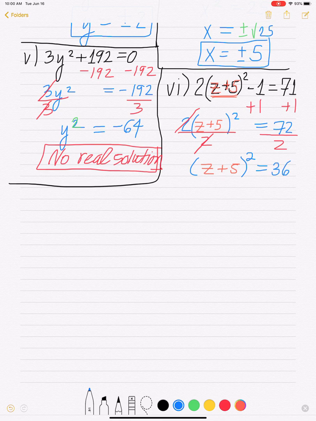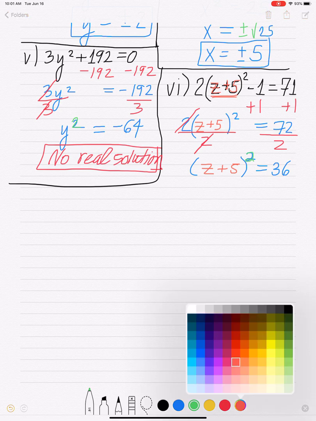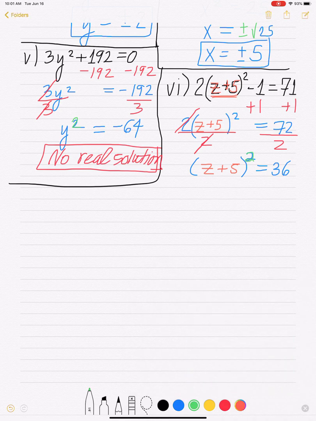So we want to think about the z plus 5. Imagine this is just an x. Z plus 5, the whole thing is an x. So how would you solve x squared equals 36? Of course, you have an even power and a positive on the right side. So you write down your x, which in this case is z plus 5. You just copy down z plus 5. You drop your power. And since it's an even power, remember we have to put plus minus square root of the right-hand side, 36. So that's going to give us z plus 5